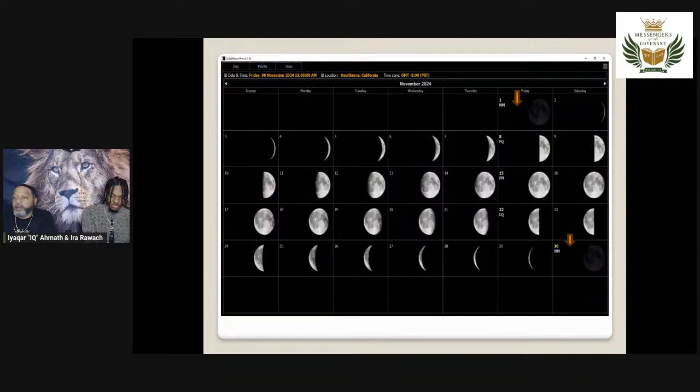So here's our calendar for this month. Now, this is an application, one of the applications that we use, called Quick Phase Pro. And this is where you'll see the determination. I know it's kind of small, but can y'all at least see up here the month? November? Okay. So we see here they have a new moon coming in on November 1st and then also on the 30th. So when we see that, automatically we know that there's going to be an issue with the calendar for 2024 through 2025, because there's an issue with 2 new moons popping up in 1 month.